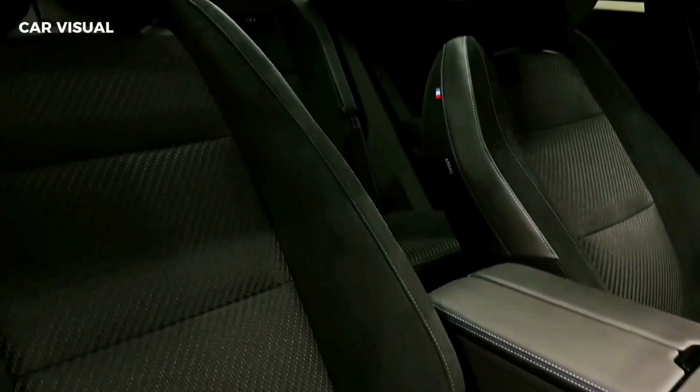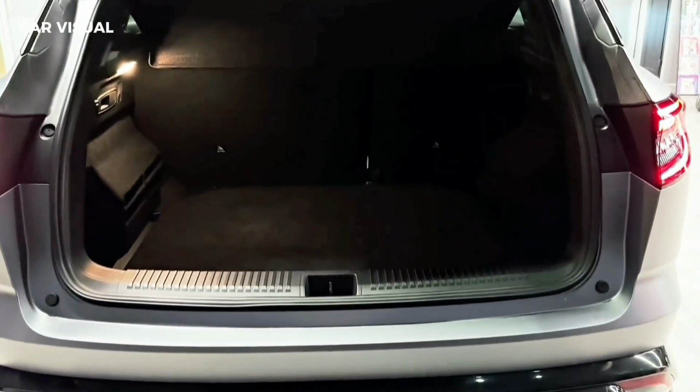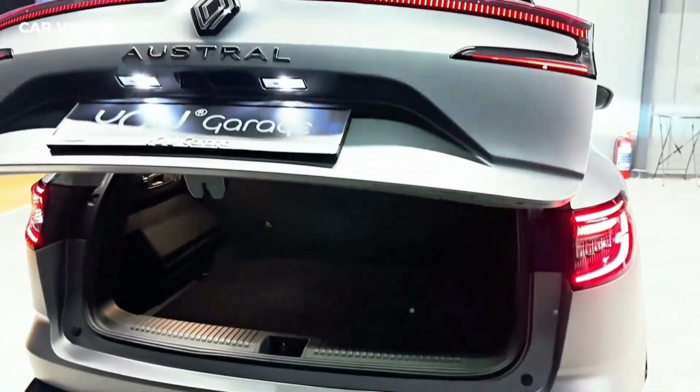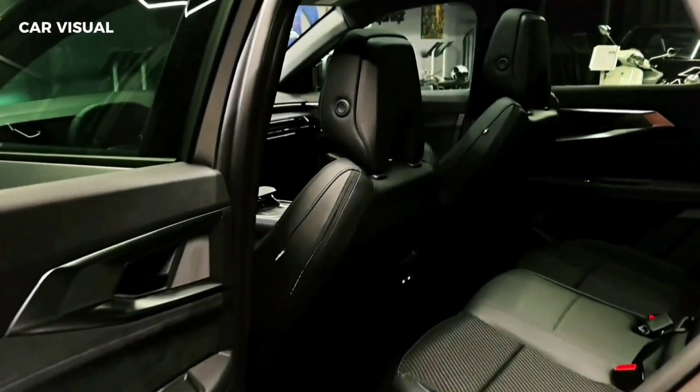The Austral is not without its flaws though. It is not very cheap, starting from £32,332, and it faces stiff competition from cheaper and more established rivals, such as the Kia Sportage and the Hyundai